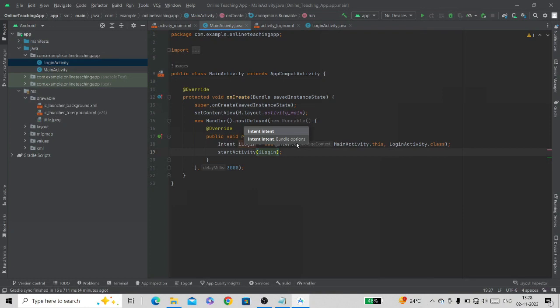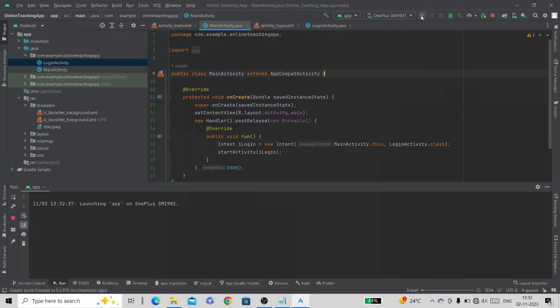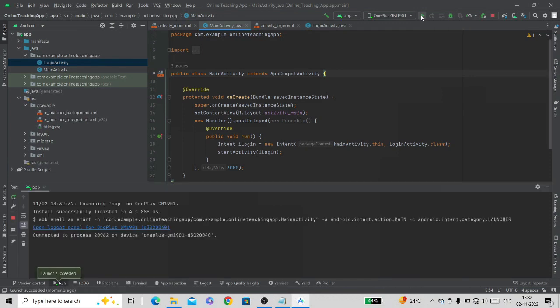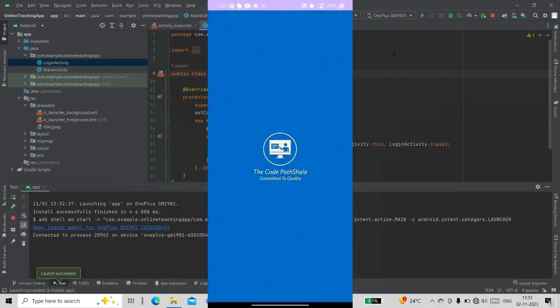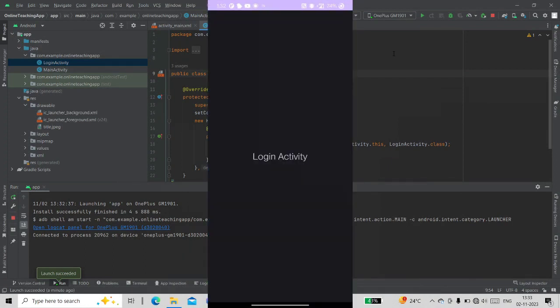Now it's time to test. We will connect our physical device. After connection established, the device will appear here. Now click on this run button. Now as you can see, the pre-splash screen is created, but there is a problem that on back press the